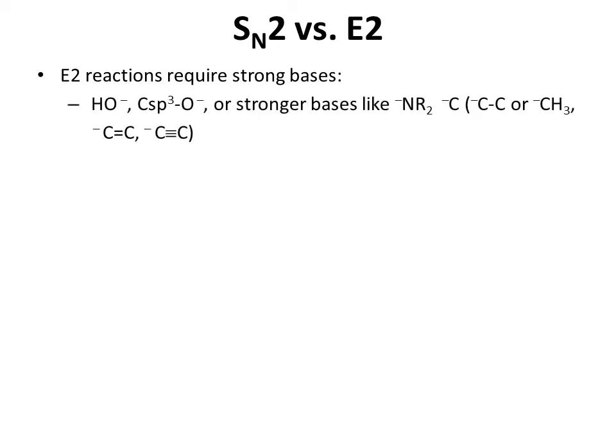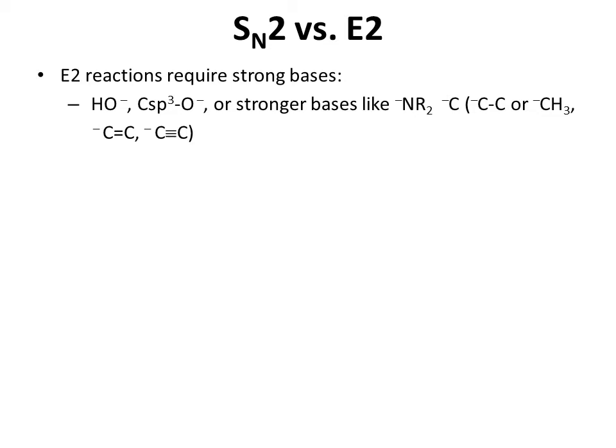SN2 versus E2. SN2 is a competitor for E2. So since these two reaction mechanisms are in competition, we have to understand them well enough to be able to determine which one is faster under certain conditions. E2 reactions require strong bases, such as hydroxide, OH minus, an sp3 hybridized carbon attached to O minus, or stronger bases like NR2 minus, C minus, where